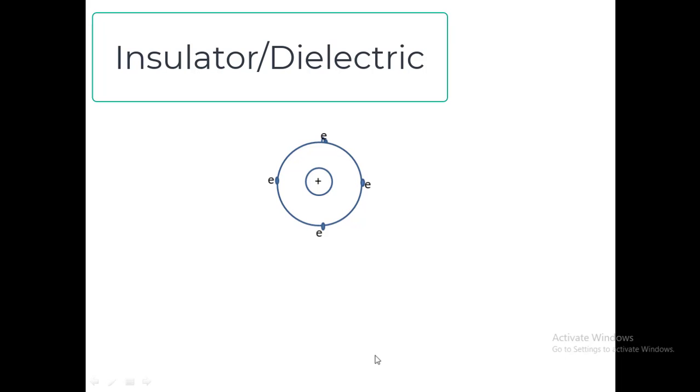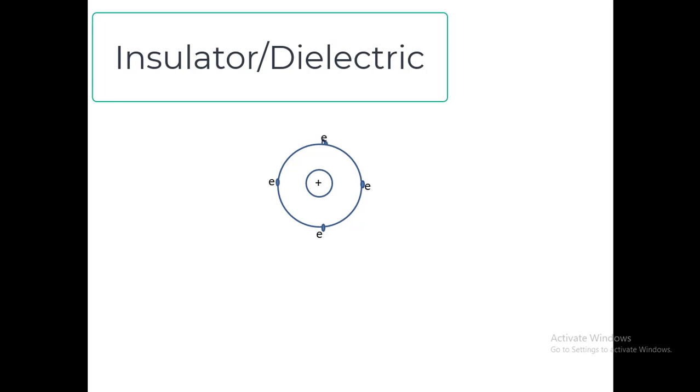Dear students, today we will discuss the insulator. Insulator means that at normal condition there are no free electrons. Here I have taken one atom. In this atom the positive ions are in the nucleus as shown here, and these are the bound electrons in